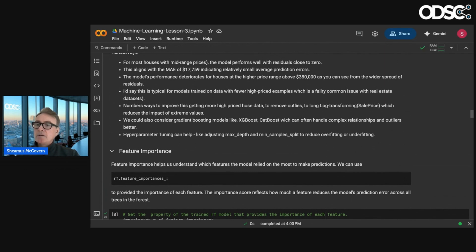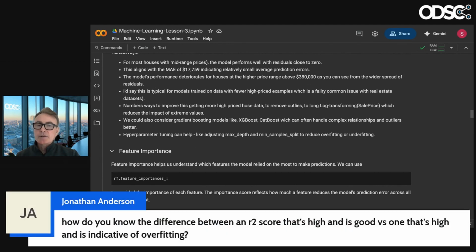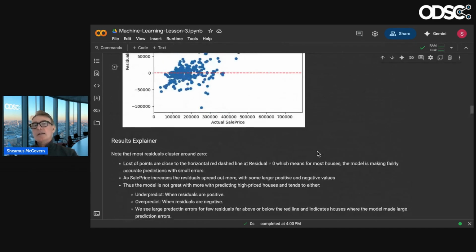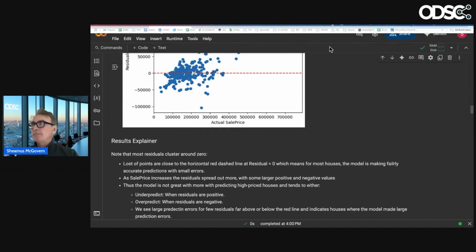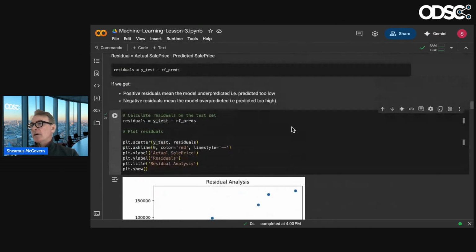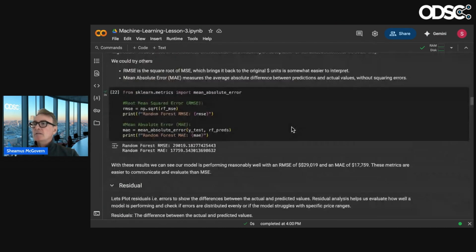Oh yeah, so the question on the R2 score: one that is high and good versus one that's high and indicative of overfitting. Generally speaking, with this fairly simple model, an R2 value closer to 1 means the model is explaining the variability in the target feature, so it's fitting well.